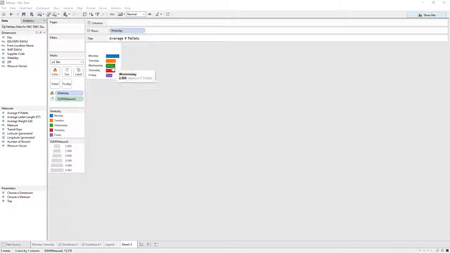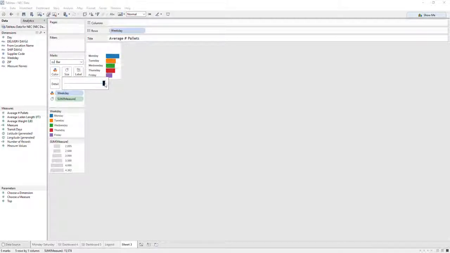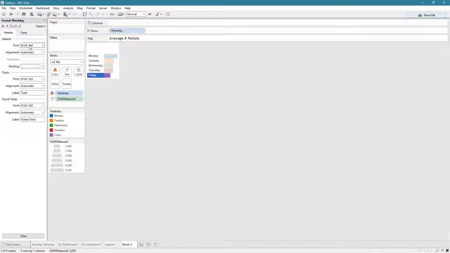All right, so we have this little bar chart here, and we can resize the bars to make them look nice and big. We can have a little bit of white space between them and kind of shorten them up. We can format the names to be aligned next to the bars. We could even, if we wanted to, put the names on the other side of the bars, but that would